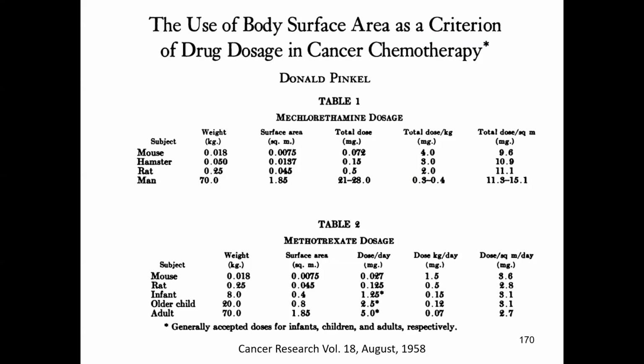So that's kind of where the idea was that we can extrapolate that and use that for treatment, and we will dose things on meter squared. I suspect, personally, nowadays, if we were doing that for these cytotoxic drugs, maybe something like lean body mass, something that is a little bit more reflective of the elimination